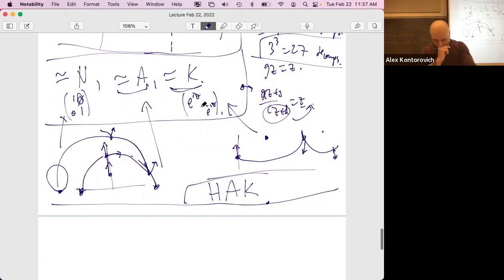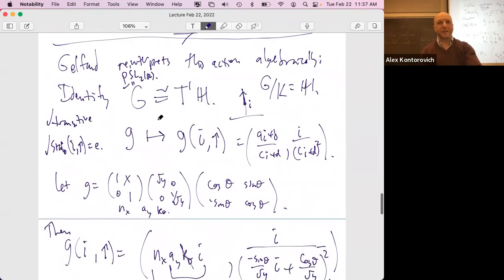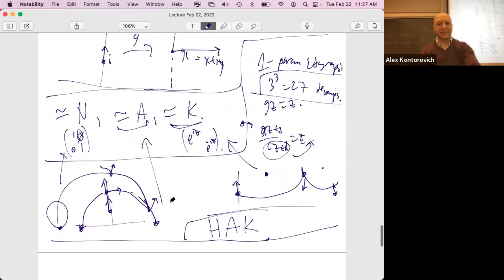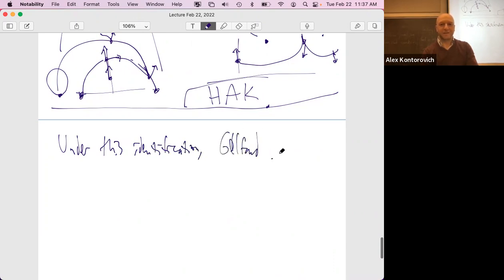Okay, good. So we see this under this identification. This is the last thing I wanted to say. Well, I wanted to say a lot more, but we'll go at any pace. It is Gelfand's reinterpretation of the geodesic flow as being a diagonal flow on G. So let me say that again. Under this identification, Gelfand realizes